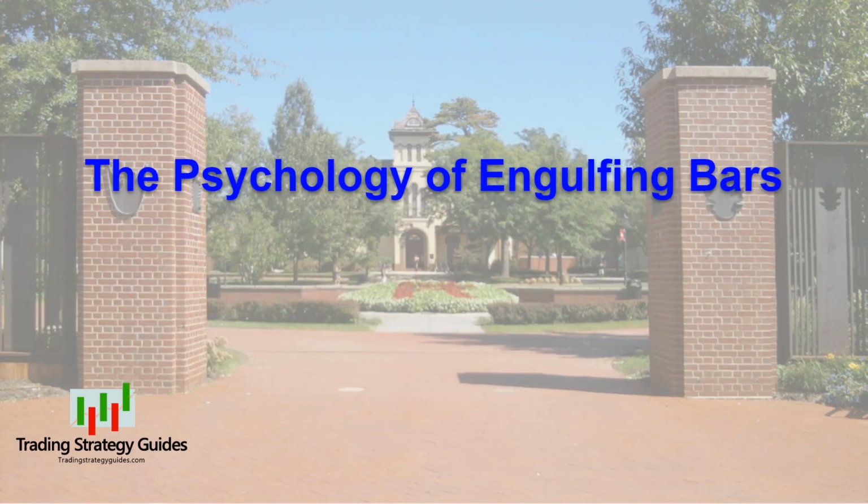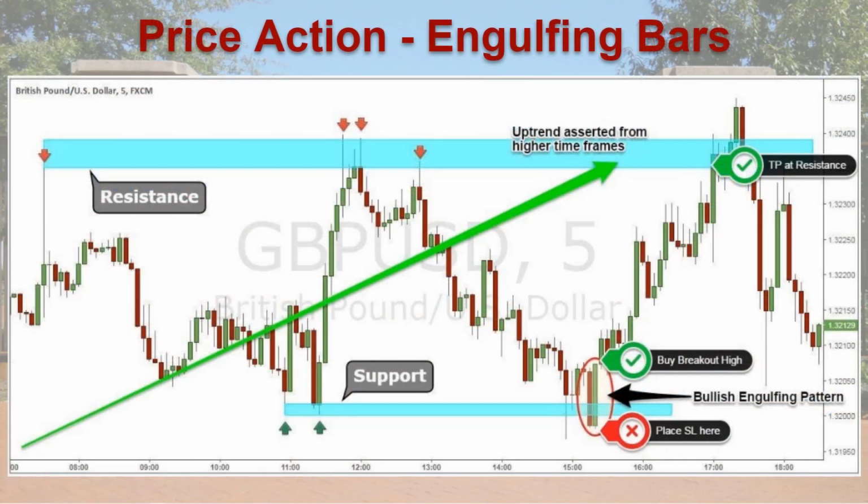Let's take a look at the sentiment and the psychology of the bullish engulfing pattern. Who's in control, the buyers or the sellers? Take a look at the bullish engulfing pattern. The first candle continues the downtrend and everything is looking bearish at this point. The second candle ideally breaks below the low of the first candle, and placed in a support and resistance framework,